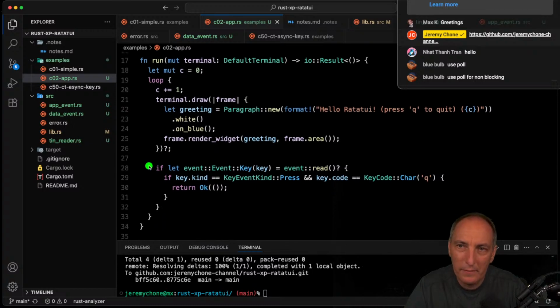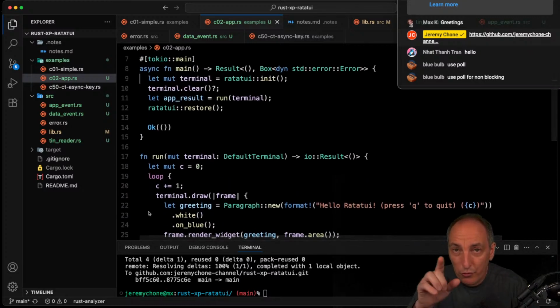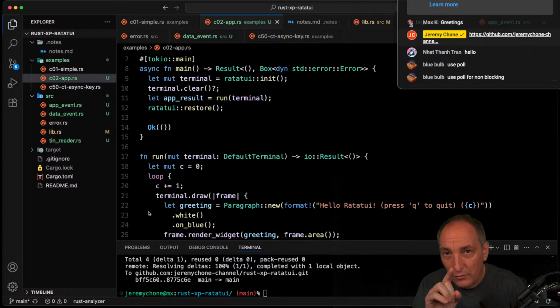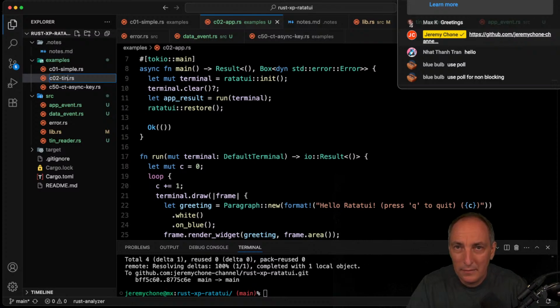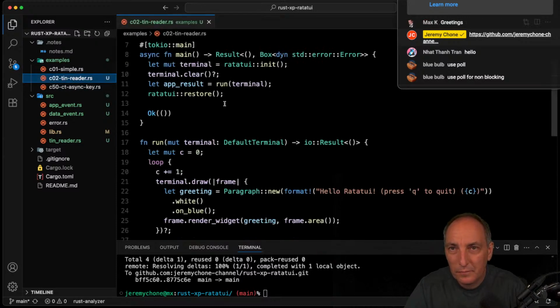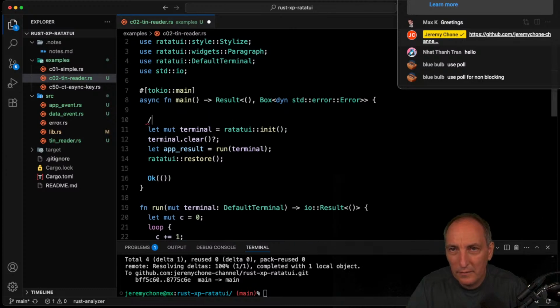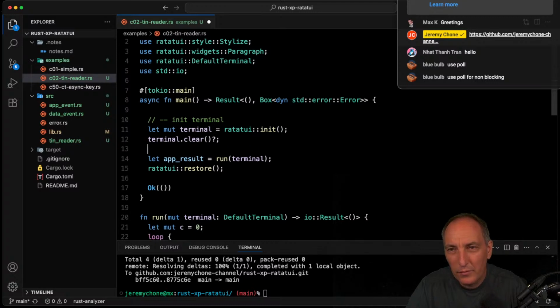It will draw and then block on the key event. Now, what we can do is we are going to use that to start using our tin reader. In fact, we're going to call that tin reader, terminal input reader. Terrible name, but that's fine. And so now what we want is to create init terminal, and here we're going to do our run